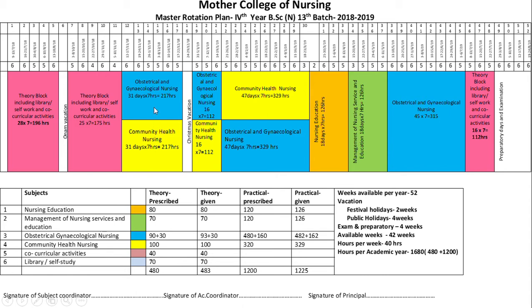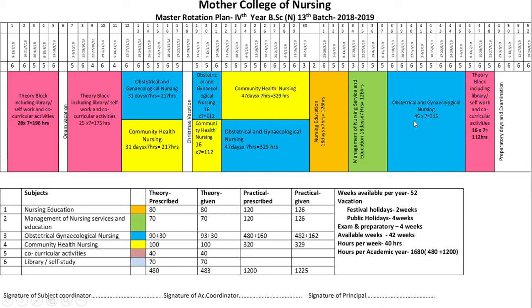The total group of 50 students is divided into two groups. The first group will go for the OBG posting. When the first group goes for OBG, the second group will go for the community posting. When the second group comes back to the OBG posting, the first group will come for the community. It is like that. So I have prepared three weeks of nursing education, three weeks of administration,